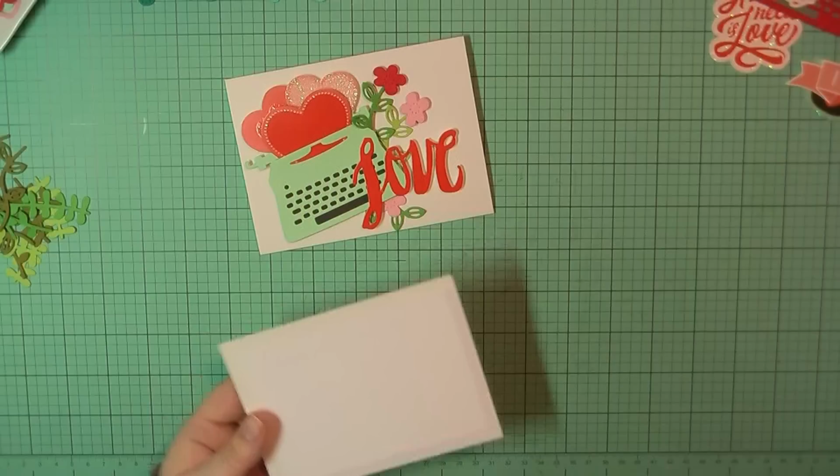foam dots. So what I did was I placed the foam dots behind sort of the humps of each of the hearts. So I've really got a lot of dimension here, especially for that red heart. It's about 2 pop dots high. And then I also added some pop dots behind the typewriter so I would have that nice and even when